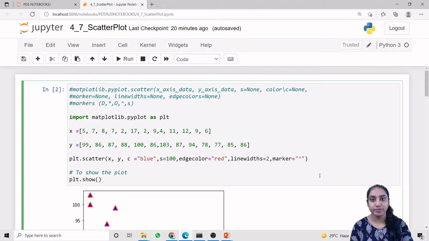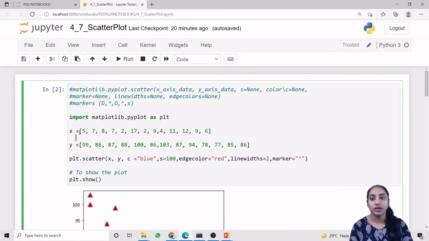Now let us see this by one example in which we are having this x which is containing some list of values, and same as we are having the y which is a list of some contained values. Now these are the points for your scatter plot which is having the x coordinate and y coordinate value. So this x coordinate value will go here as x-axis data, and this y coordinate value will go here as y-axis data.